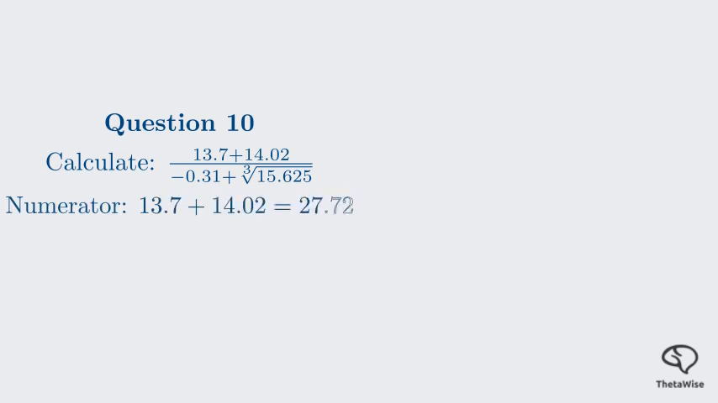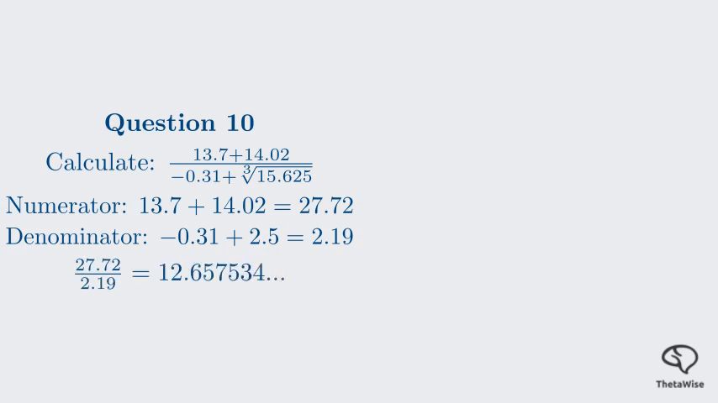The numerator is 13.7 plus 14.02, which equals 27.72. The denominator is negative 0.31 plus 2.5, which equals 2.19. Note that the cube root of 15.625 is exactly 2.5. Now, divide the two results. 27.72 divided by 2.19 is approximately